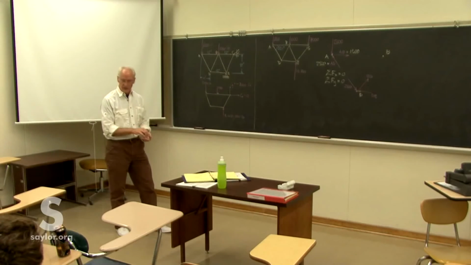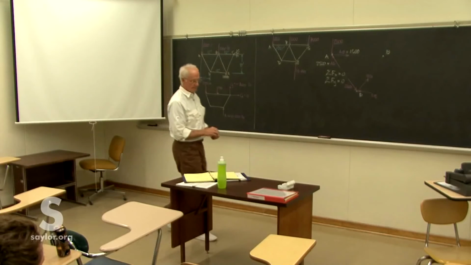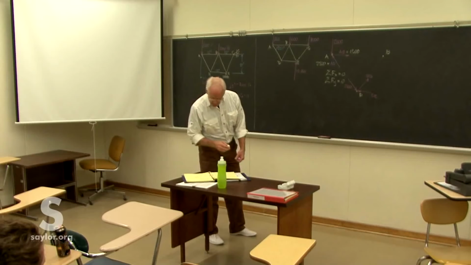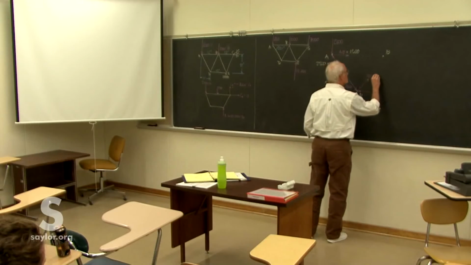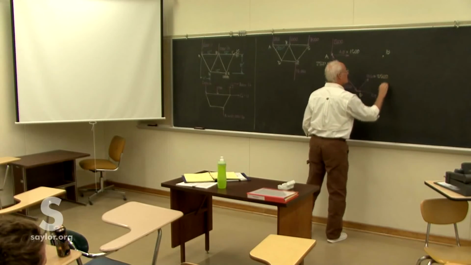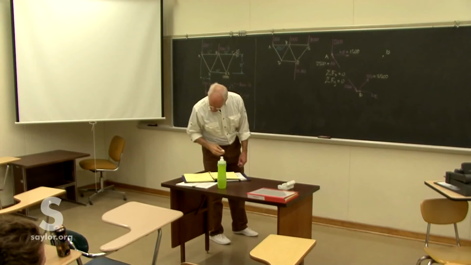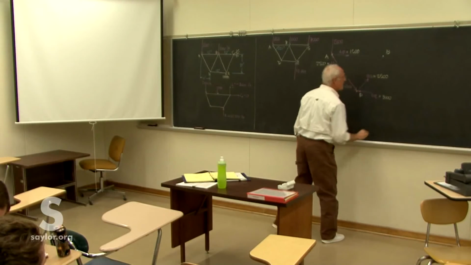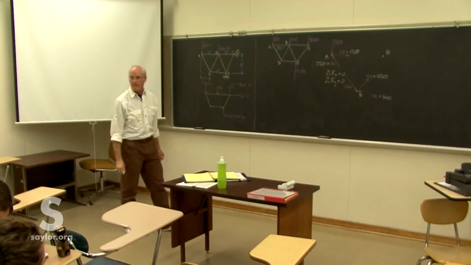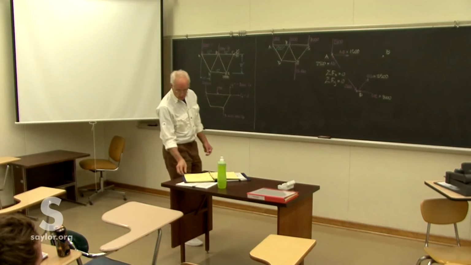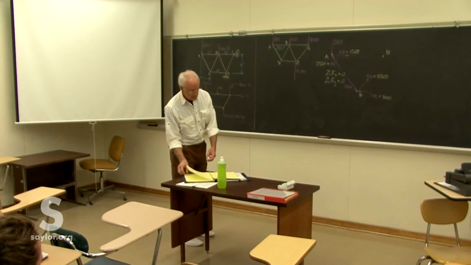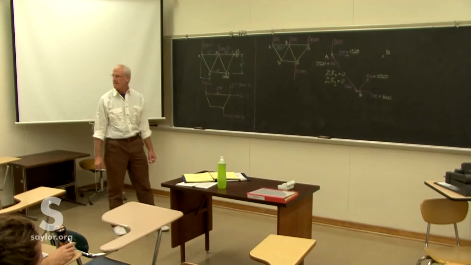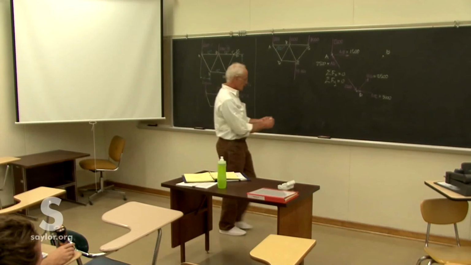And we can solve for those two. It comes out to be, this one's also 2,500 pounds, and DE is 3,000. Now, can we do joint B? Yes. We can either go up to B,